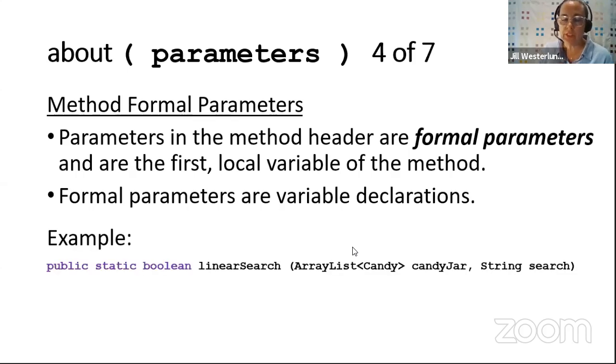Here's a method that you're going to see in some code that I've given y'all today for a linear search of our candy jar, and we're going to search for a string. If you notice, this is a Boolean type method. The name of the method is linearSearch. Here is the array that we want to search over, and we're searching for a word that I'm going to put in, whatever that word might be. Maybe I want to search for Reese's or Twix or Snickers, or I want to see what's in the candy jar.